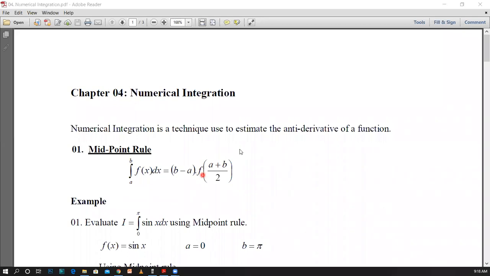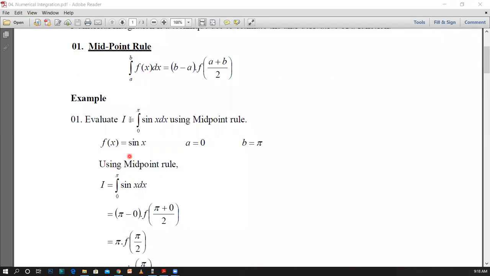Okay, this is one example that we can consider for the midpoint rule. Here you are asked to evaluate the integral of the function sin x with respect to dx in the range of 0 to 5. Here I is the value we have used to denote this integral, and you are asked to evaluate this value using the midpoint rule. If you are using the midpoint rule, these are the three values you have to identify according to the data given in the question. First you have to identify the function. Here we are denoting it by f(x). It is sin x.